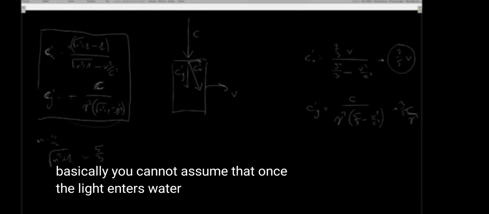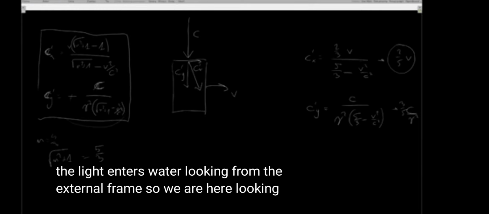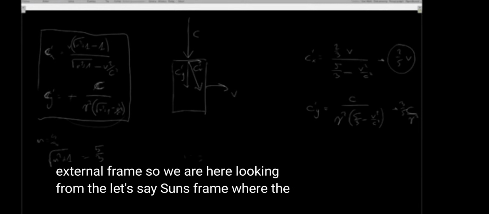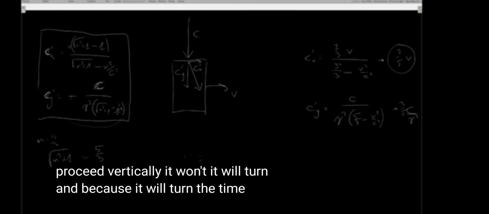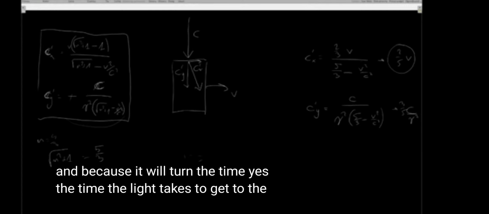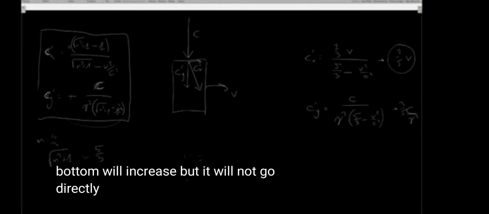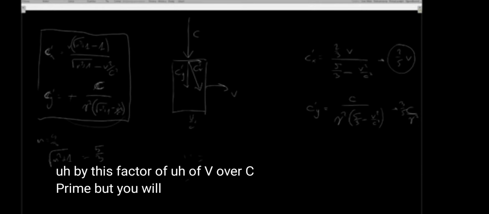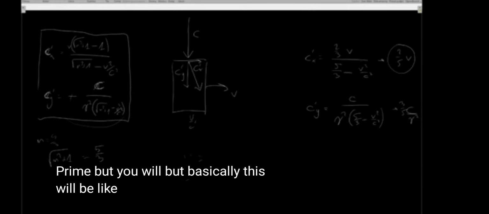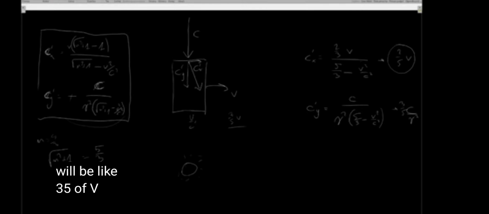But what I'm trying to say is basically you cannot assume that once the light enters water, looking from the external frame, so we are here looking from, let's say, the sun's frame, where the telescope is moving at v to the side, you cannot assume that the light will proceed vertically. It won't. It will turn. And because it will turn, the time the light takes to get to the bottom will increase, but it will not go directly vertically, so we will not get this deflection by this factor of v over c prime. But basically this will be like 3/5 of v over